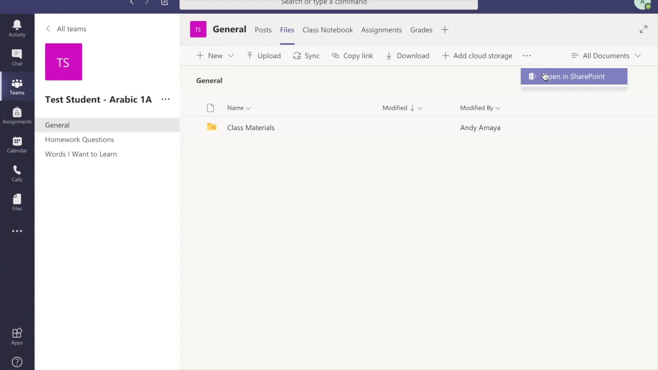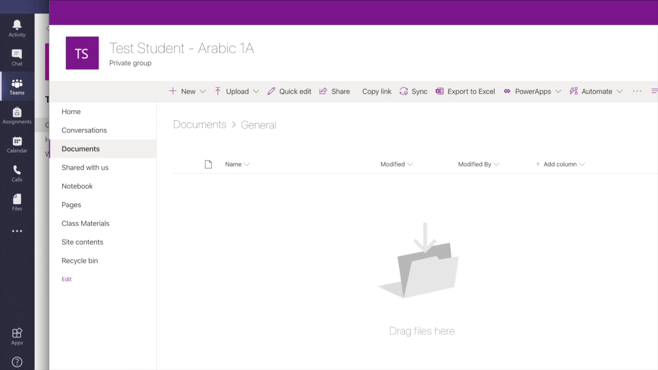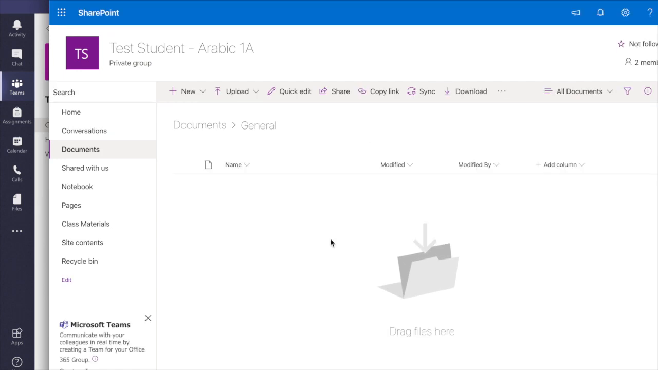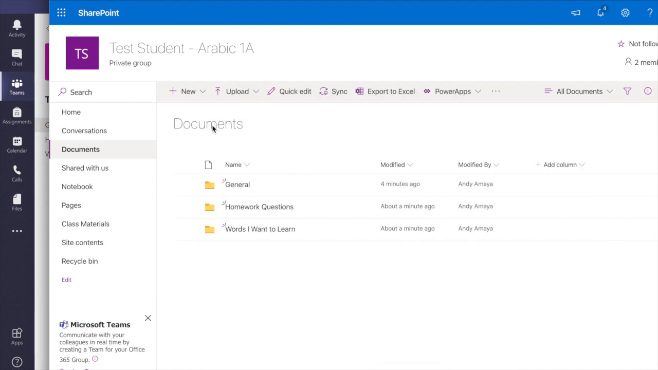This is why you have a button here that says Open in SharePoint. This will take it to the specific SharePoint site that gets created when you create a Teams. Right now, it took us to an empty general folder because we haven't shared anything yet. We will explore the functions of SharePoint and how to find documents that you have shared in different channels in